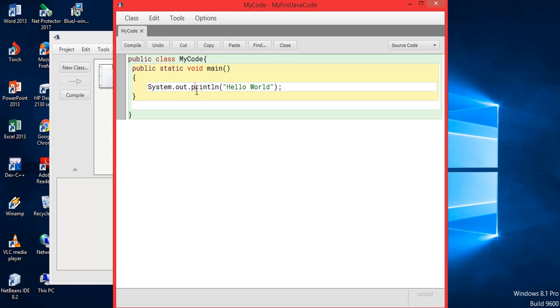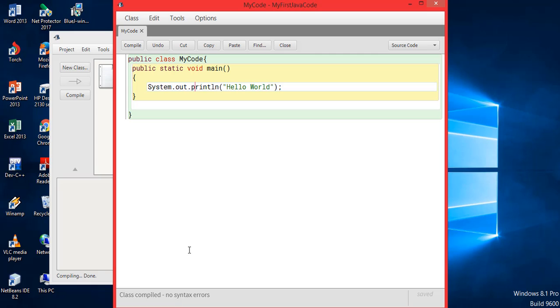Within it you've written System.out.println. So I'm telling the system, on your output screen, that means on the monitor, please print Hello World. Print this line as Hello World. So this is what we are trying to do. Okay, if this code is proper, I'll click on Compile. Class compiled, no syntax errors found. So basically it ensures that the code is correct.